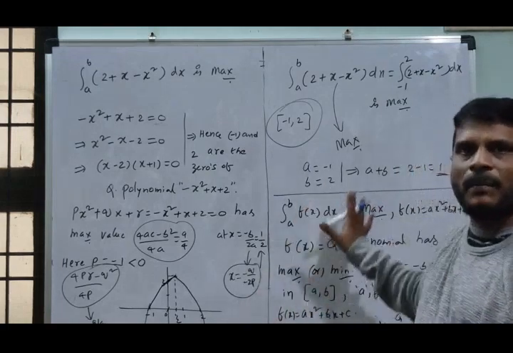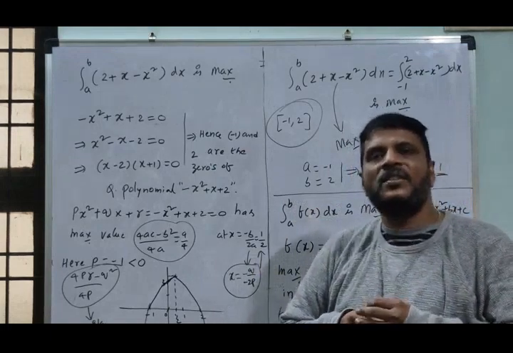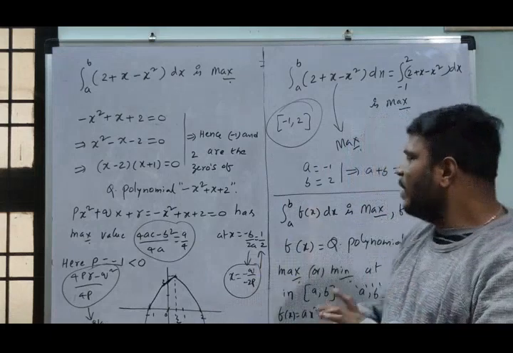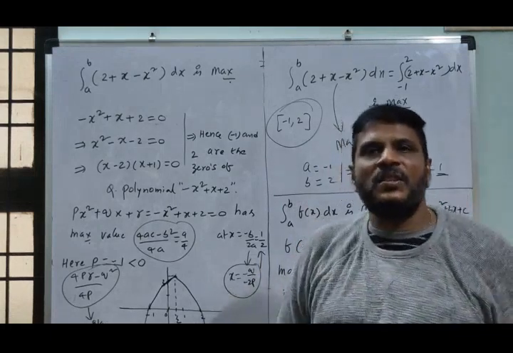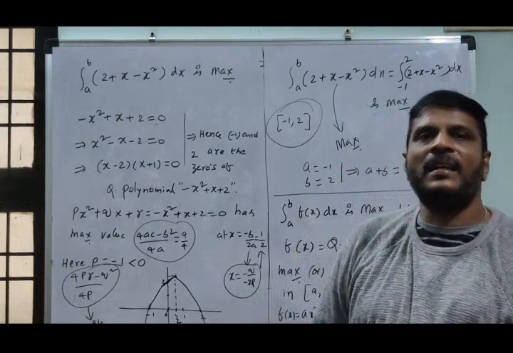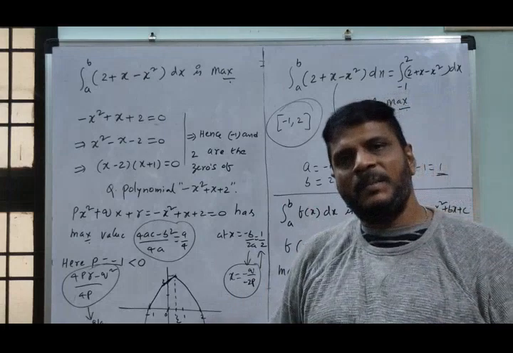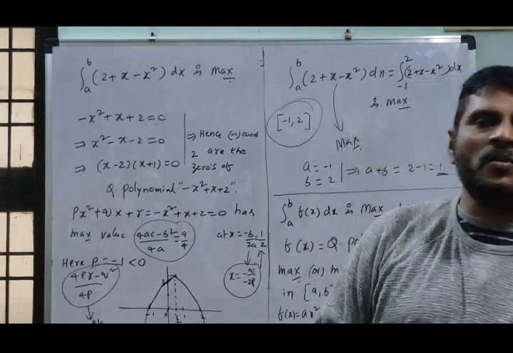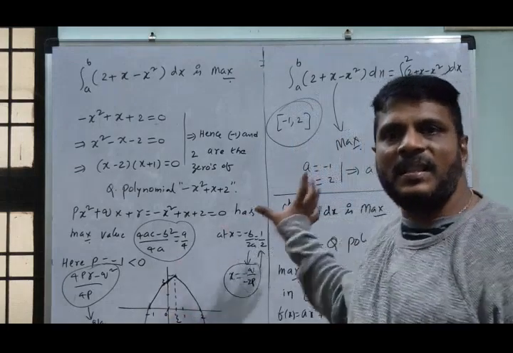To solve this type of question, first we have to find the zeros of the quadratic polynomial f(x) = ax² + bx + c. After getting the zeros, you will get the closed interval [a, b]. After that, you can find a plus b, or 3a minus b, or 2a plus b, or a by b, etc. So this is the key concept.